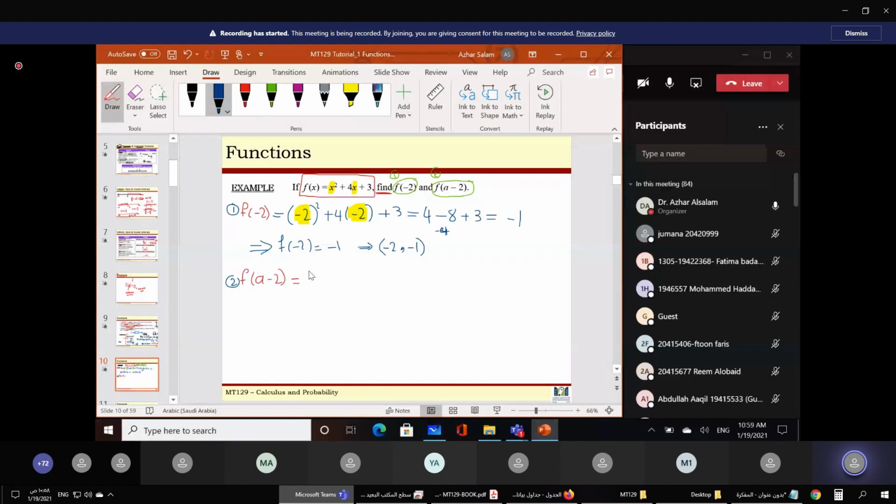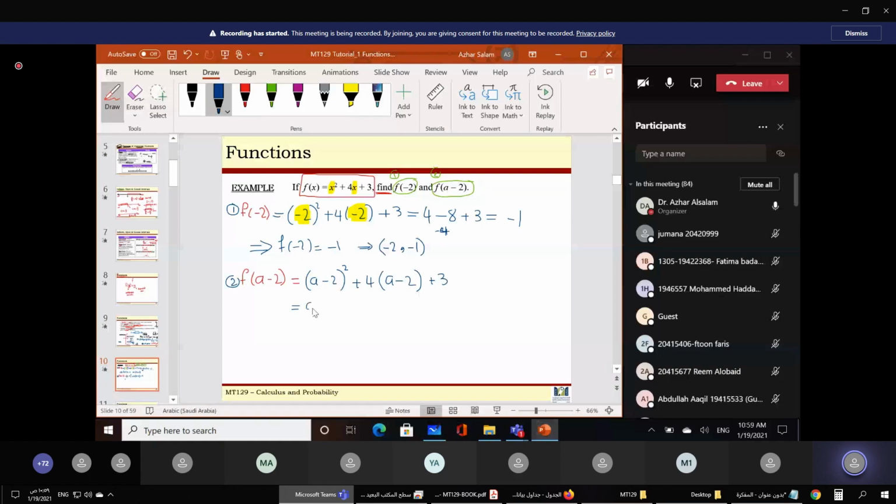In the same way, here instead of x squared, I write a minus 2 instead of x. I write a minus 2 like that, and keep the brackets. Here plus 4 multiplied by x. Instead of x, I write a minus 2, plus 3. Here, I use the quadratic